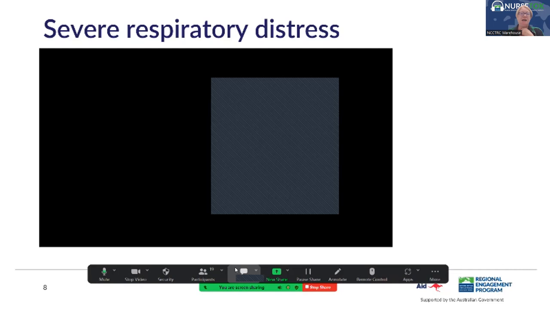Excellent. So AD has said that in their hospital, if the high flow machine has been disinfected, then it can